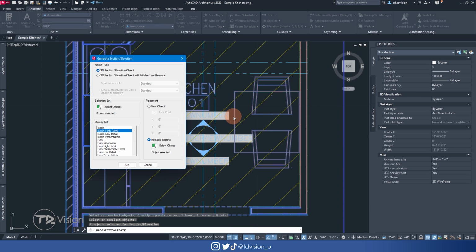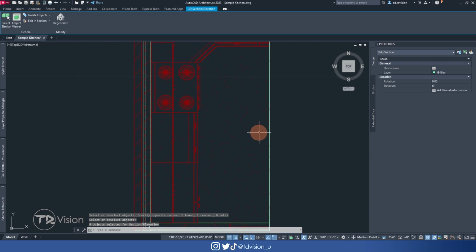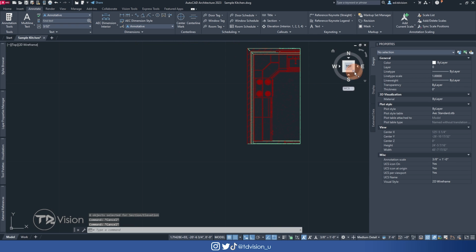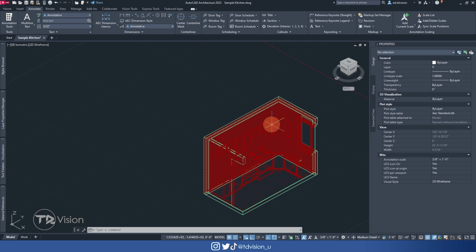I'm going to hit enter and the number dropped to 8. That's fine. I'm going to hit OK. And now those are gone. So we could do that to the ceiling as well. You know, we could go in and say, all right, deselect the ceiling in order to not see it within